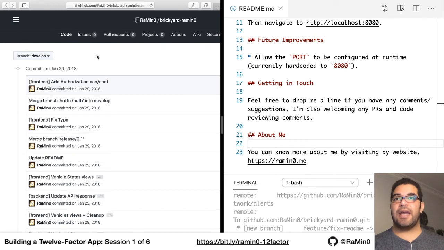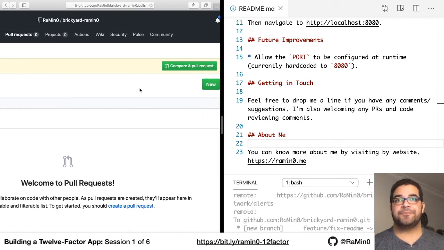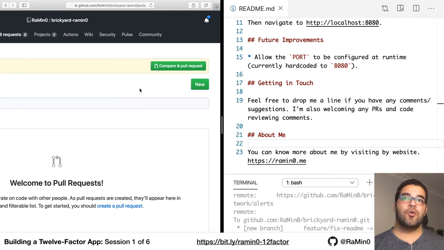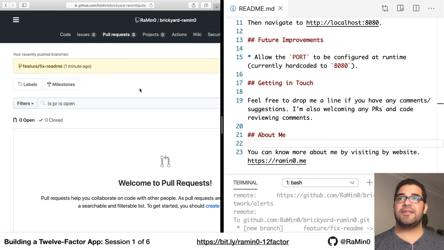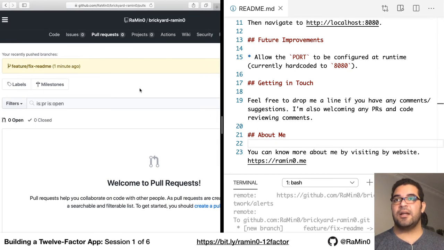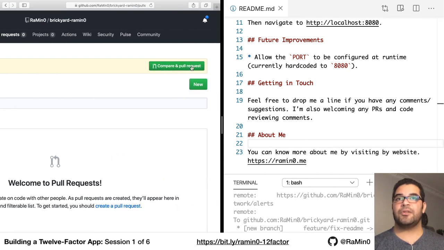So what usually happens here is that once we have a new branch, we should create what I mentioned before, which is the pull request. And the pull request is just a request to merge code from a supporting branch to one of the main branches, that being the develop or the master branches. And you can see GitHub here makes our life easier by just popping up this green button here,